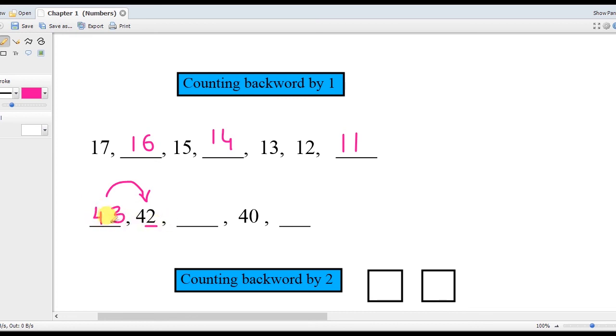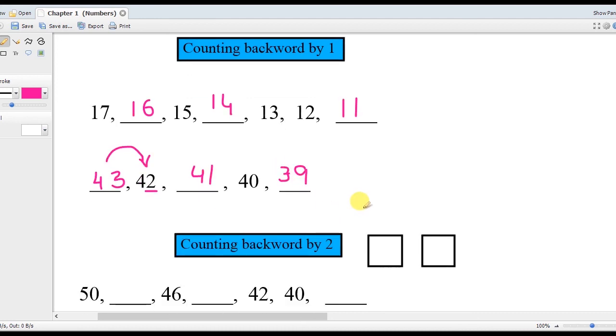The number that comes before 43 is 42, before 42 it's 41, then we have 40. What is the number that comes before 40? 29? No, think on it. Are you sure? No, that is actually 39,